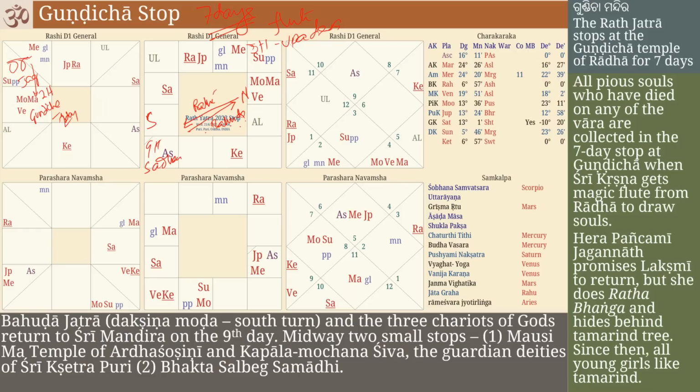So there are two, the same chariot is going and coming back. Going forward to the Gundicha temple is the Rath Yatra, the return is Bahuda Yatra. There is a different name for this so that we don't mistake. Bahuda is the return journey. It is back to Godhead, going back to the Jagannath temple. By now the chariot has been loaded with all the good souls. All the good souls are now loaded inside the chariot. In 3 chariots, the chariot of Balabhadra, chariot of Subhadra, and the chariot of Jagannatha are all loaded, and they are now going back to Sri Mandira.